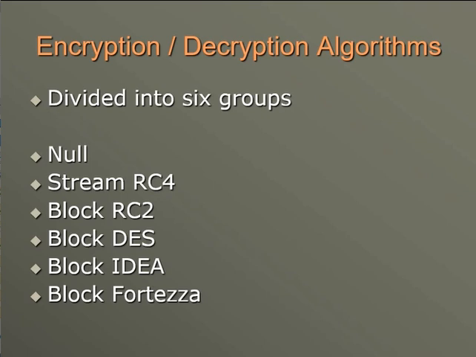Then we have the DES algorithm, which is a block algorithm, and it is defined in the block mode. It is DES40 along with the cipher block chaining mode, which uses a 40-bit key. And standard DES is defined as DES, CBC, and triple DES, EDE, and CBC, which uses a 168-bit key. Then comes IDEA. IDEA is also a block cipher which is defined in the block mode, CBC, and which uses a 128-bit key. And the last one is block Fortezza.